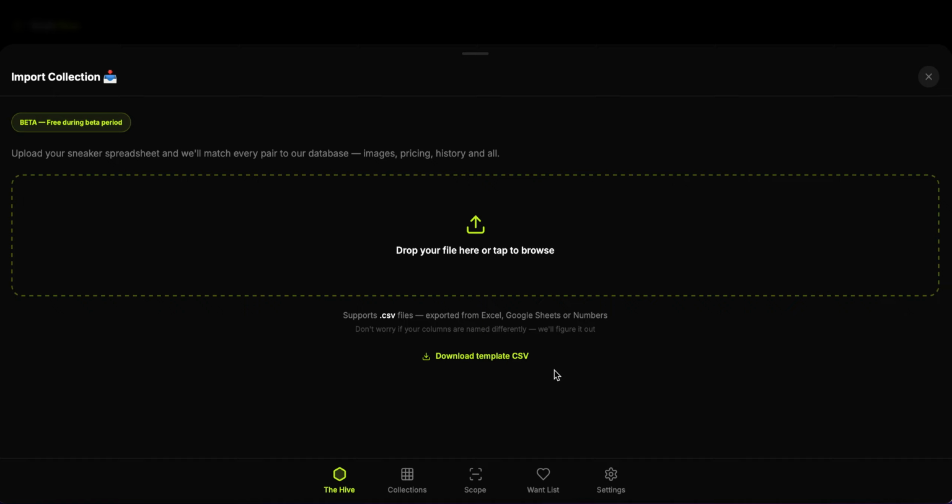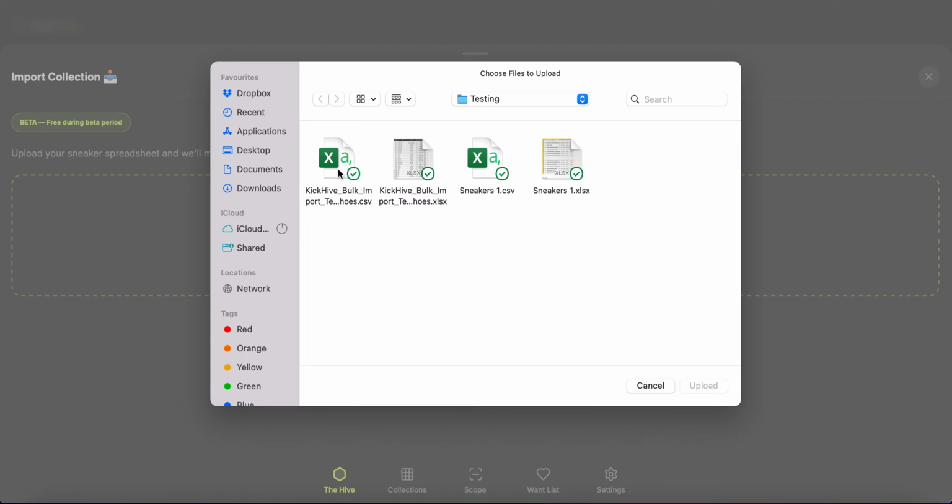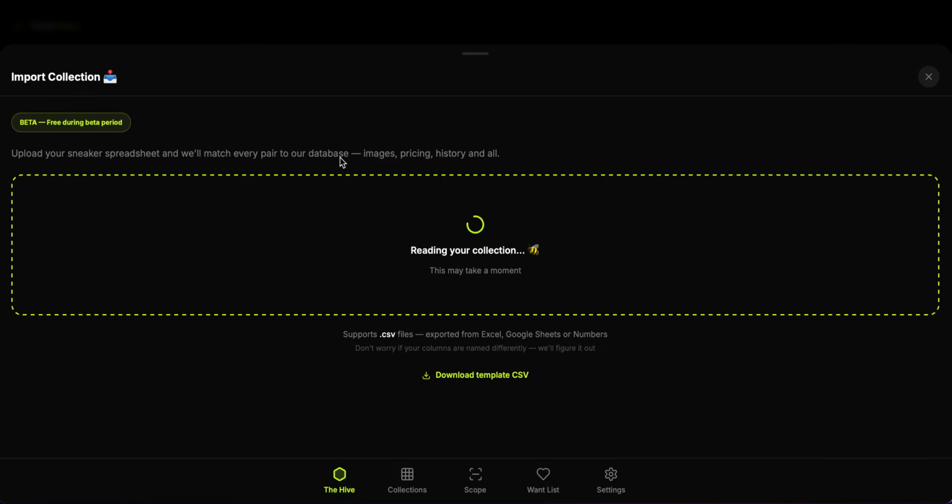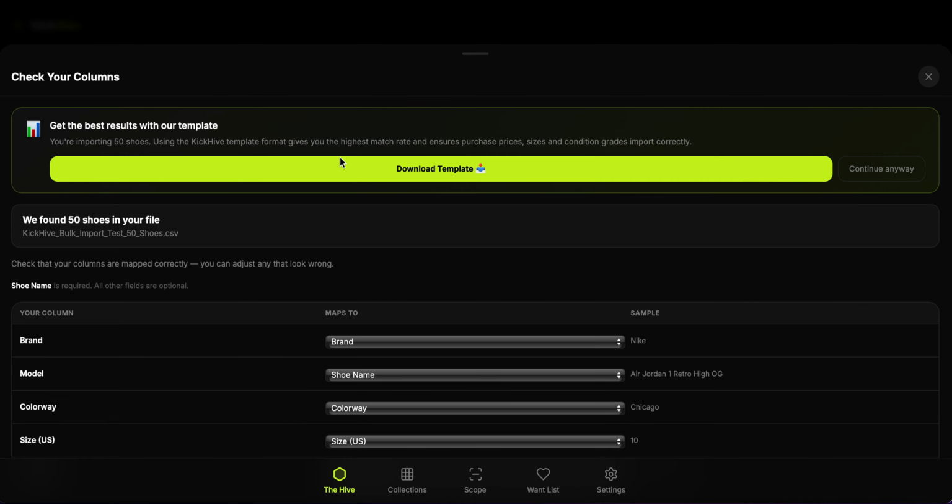But I've collected 50 shoes, put them into a spreadsheet, and not got all of the details in there, but for the purpose of showing you how it works. So let's go ahead and have a look. First of all, drag your file in here, and that CSV file is our file. Now, it doesn't happen straight away. It'll take a little bit of time to do it, but straight away this spreadsheet's got 50 shoes in there,